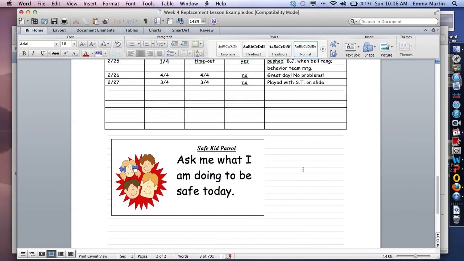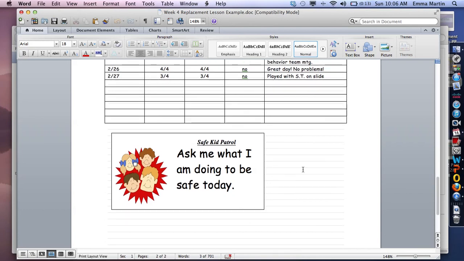So fill out the form that you have, the guided notes, and upload those onto Obaverse. But this is primarily what we were working on, and this is what the replacement behavior was.